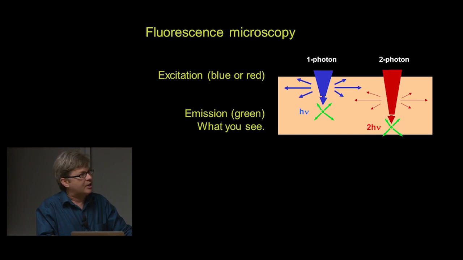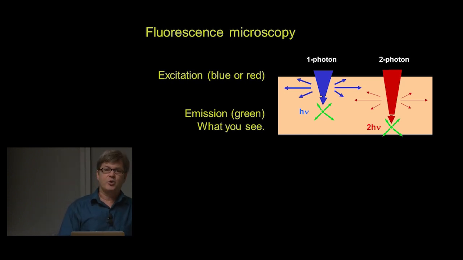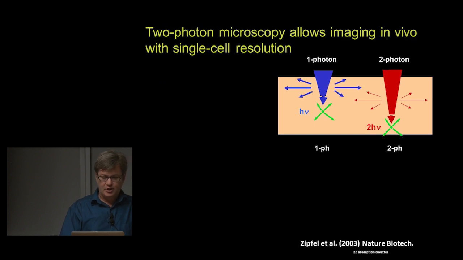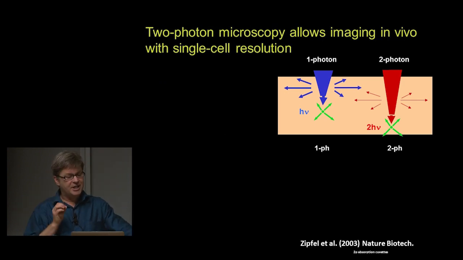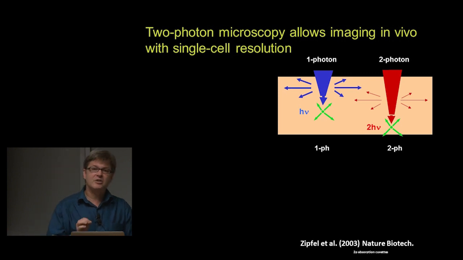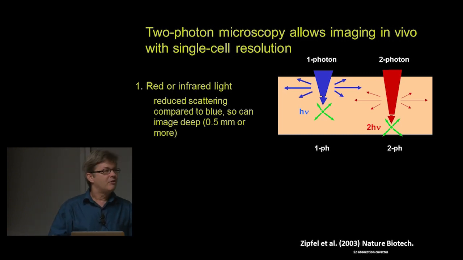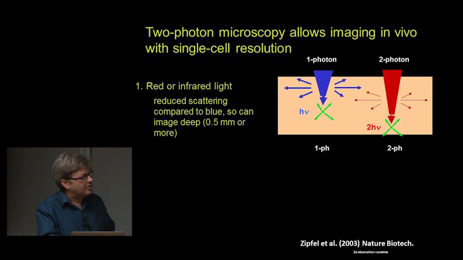Instead of exciting one of these molecules with blue light, exactly the same molecule can be excited with red light, a very special kind of red light that I'll describe in a few minutes. But let me just say, for now, these molecules can be excited with red or even infrared, invisible light. Why is this important? It's important for two reasons. Two-photon microscopy allows imaging in vivo in the living brain with single-cell resolution. And why is that true? First, red light or infrared light